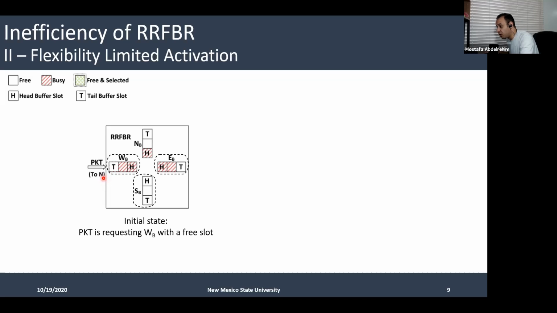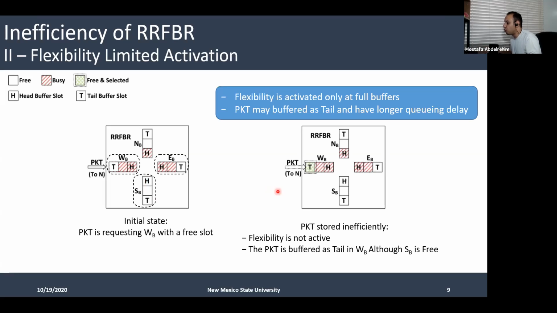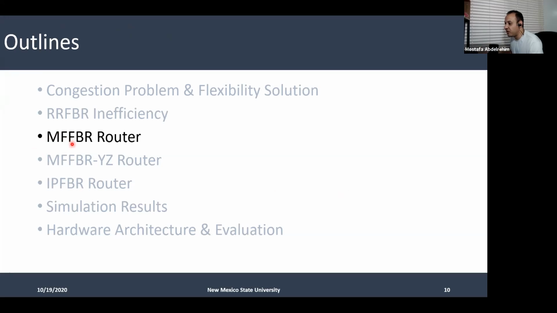And again the packet is going to north. So all these three buffers, west and east buffer and south buffer, can store this packet. Since the flexibility is not active, the packet will be stored as a tail in the west buffer, so it should have a higher queuing time. Also, if it was stored in the south buffer, it would be ahead of the queue and would have less queuing time. And this will lead us to our first contribution, which is the minimum first flexible buffering router, which